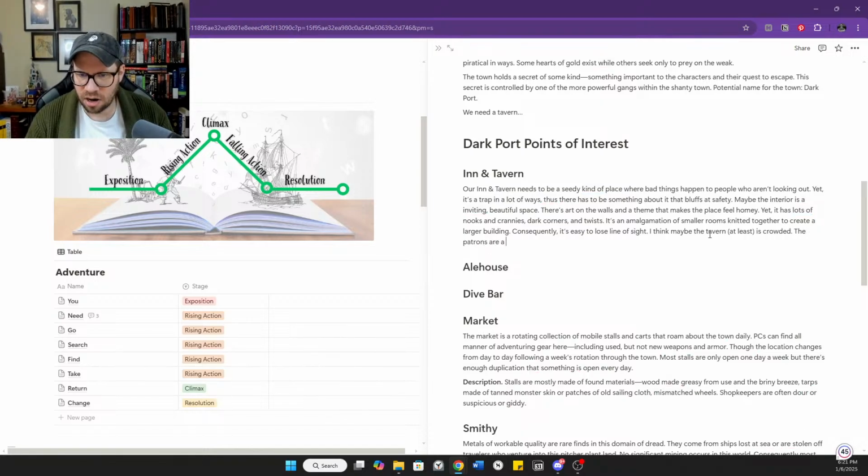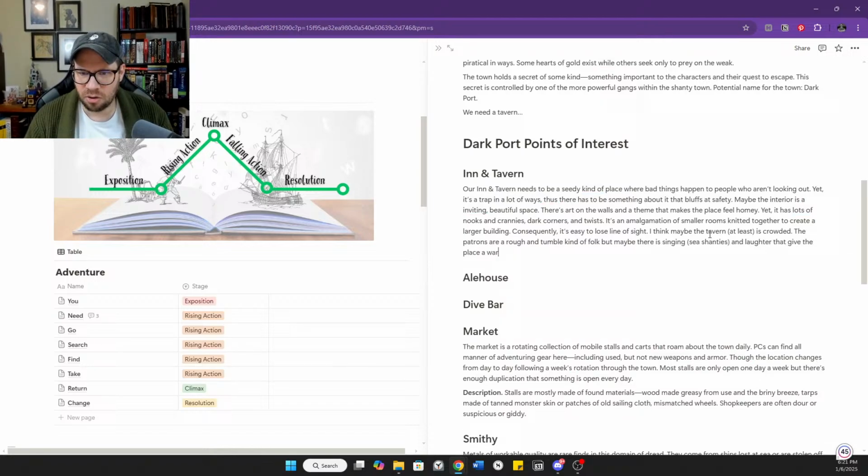Patrons are a rough and tumble kind of folk, but maybe they're singing sea shanties and laughter that give the place warmth the exterior lacks.